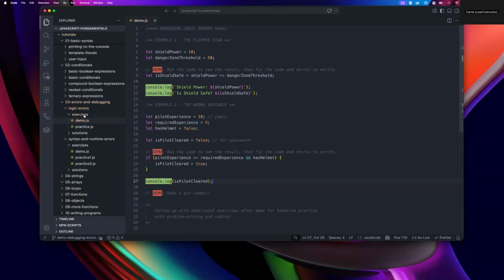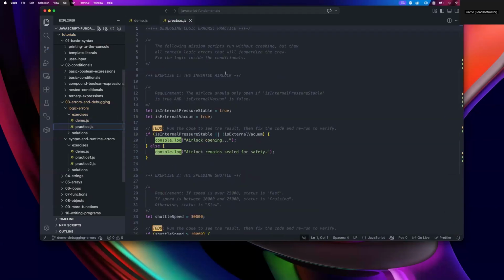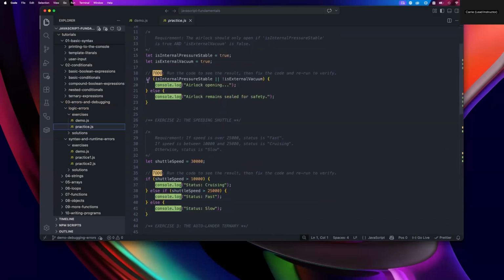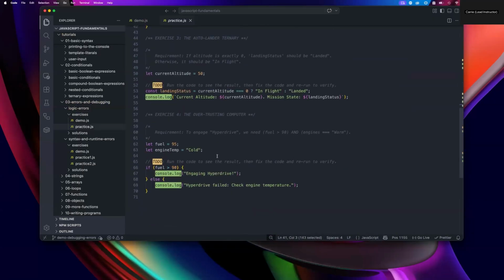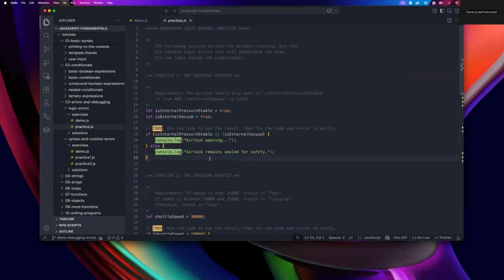Okay, I have a practice exercise here for you where you can come in and check some of these things. You've got some if-else statements. Here's a more complex one, and lots of things in here where you can try to figure out, a little bit at a time, what the problem is and fix it. Logic errors can be frustrating, but the more practice you have and the more patient you are with figuring things out a little bit at a time, you'll get better at it and you'll be able to solve things faster